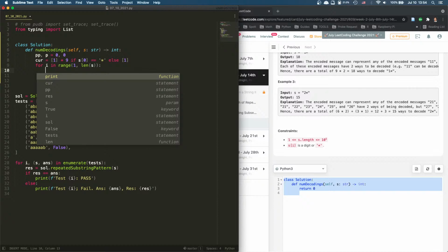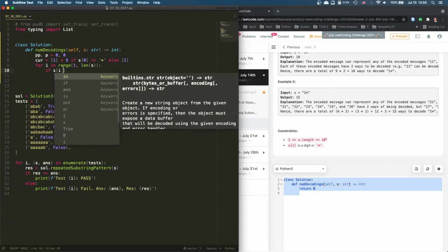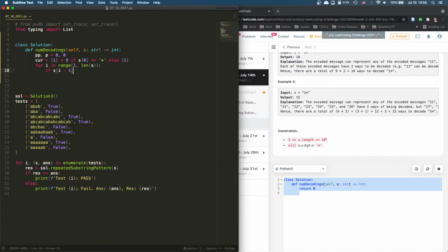So what we're going to do is check the previous, right? This is like our logic. So we say if S I minus 1 is equal to 1, if the previous one is 1,